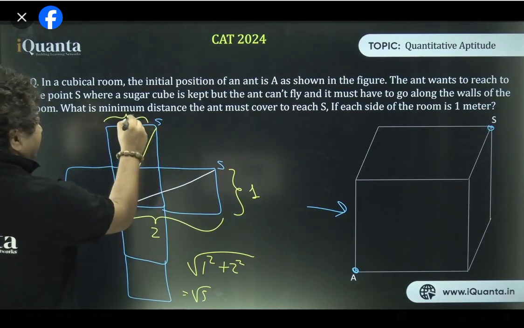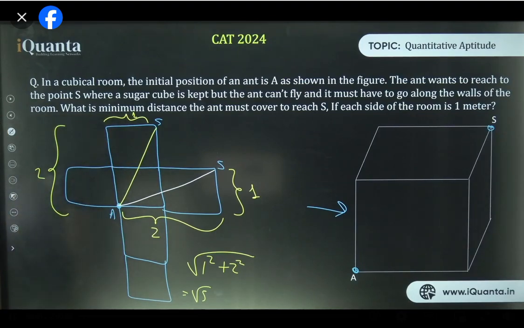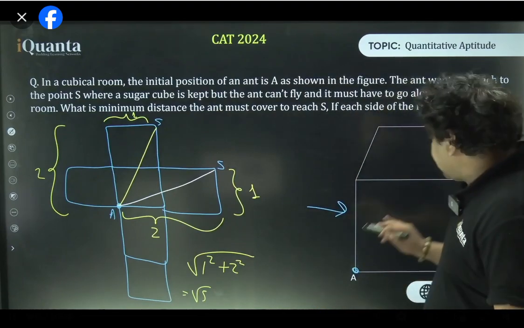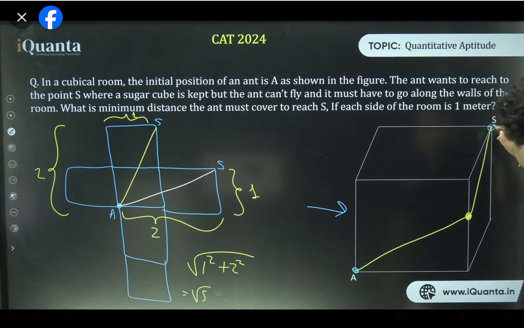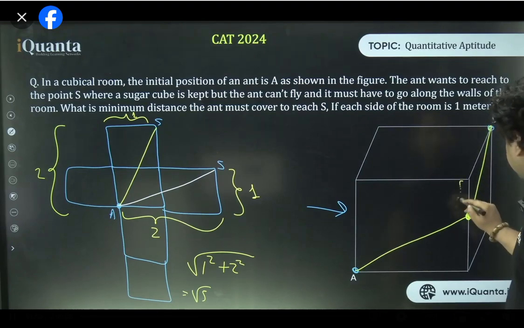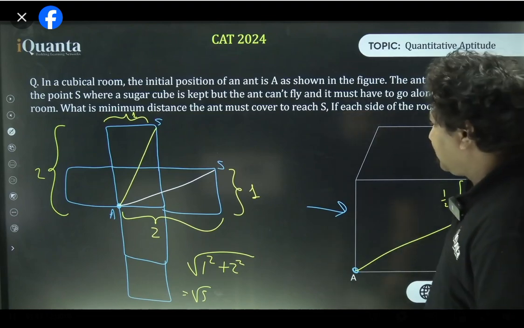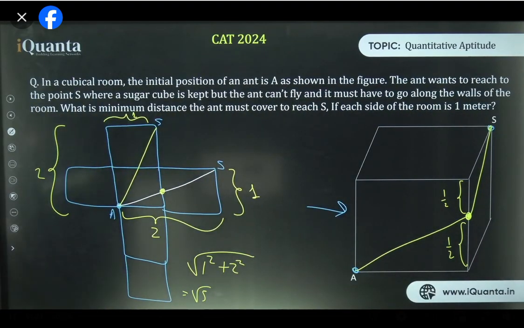Same you can do it with this also. Here also this is 1 and this whole is 2. So 2 is the perpendicular, 1 is the base. You can solve it again by using Pythagoras theorem. Why will 1 plus root 2 not be the answer? Because it is a longer path. This is in 2 dimensions. I just represented 3D in 2D, so it's simple to understand. But if I want to represent in 3D, you know how the ant will look like? Ant goes here and then ant goes here. This happens to be the midpoint. So this is half and this is also half. ऐसा होगा. देखो ये रहा वो midpoint जहाँ पे ant ने क्रॉस कर दिए. Clear? Everyone?